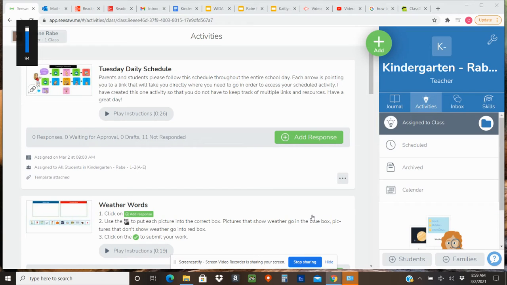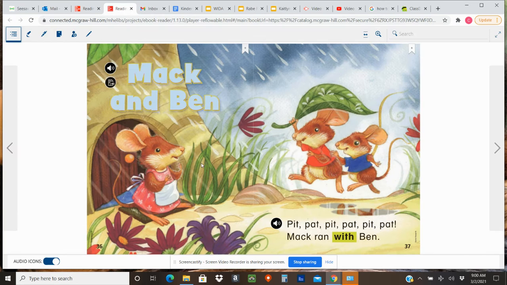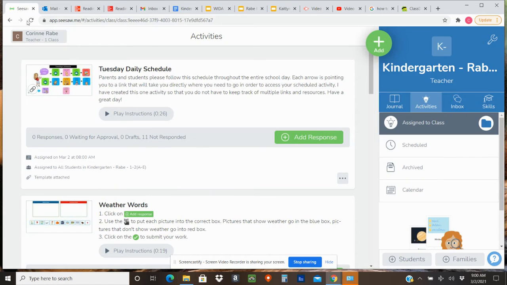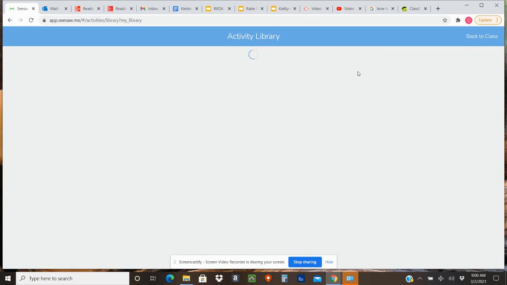Okay, so I'm going to show you how I take the stories from Wonders and put them into Seesaw. So from the beginning, on my screen, I have Seesaw here, and I've already opened up the Reading Wonders to the story Mac and Ben for this week. So I have them opened, and I just start by saying add for an assigned activity,